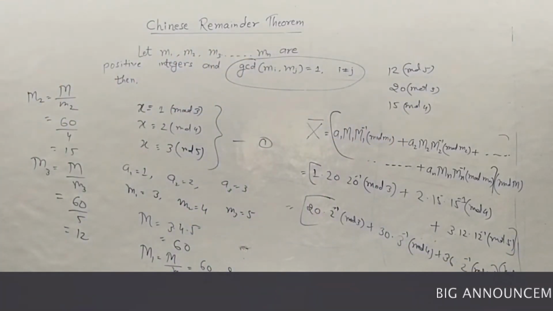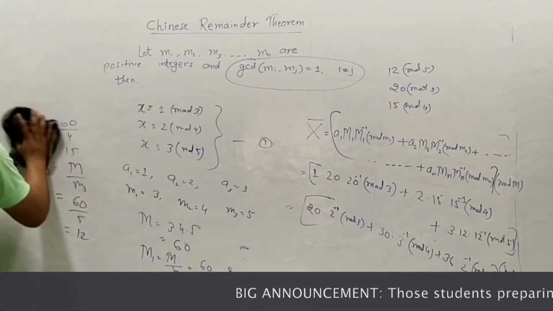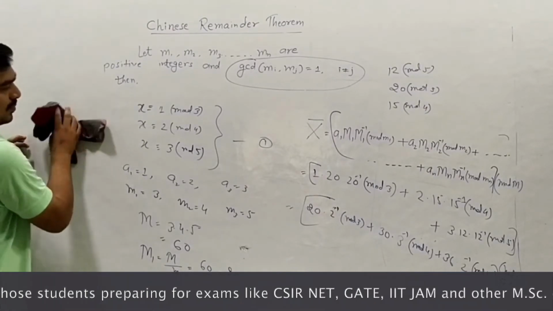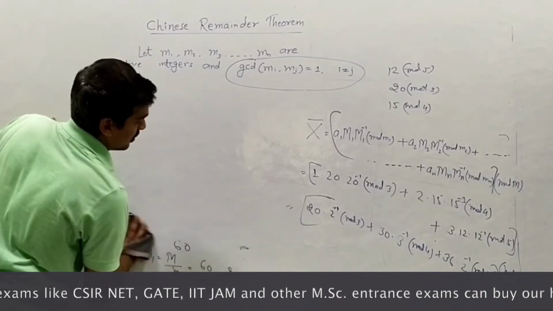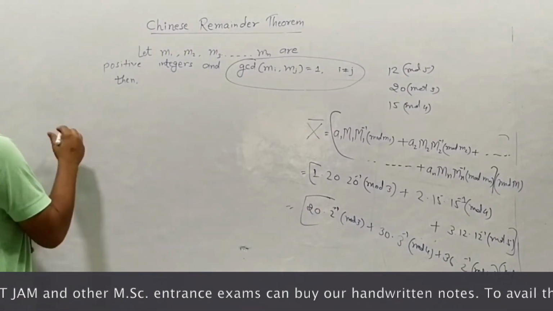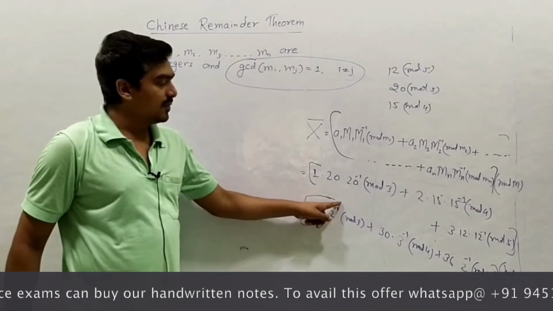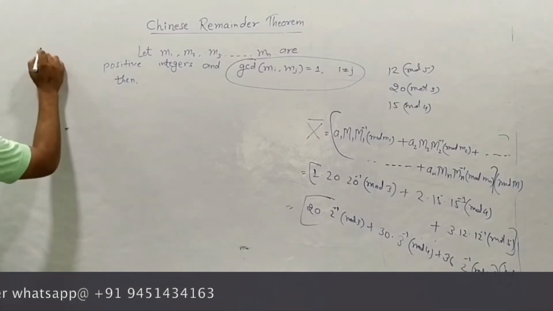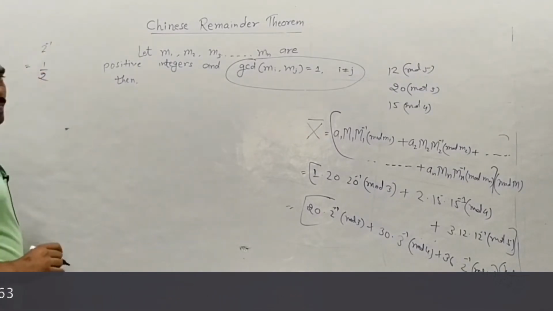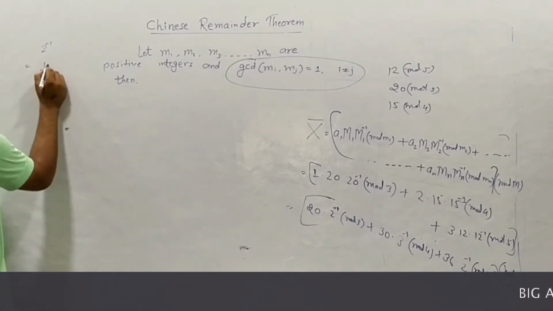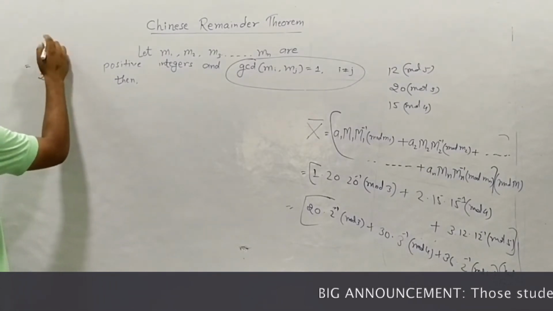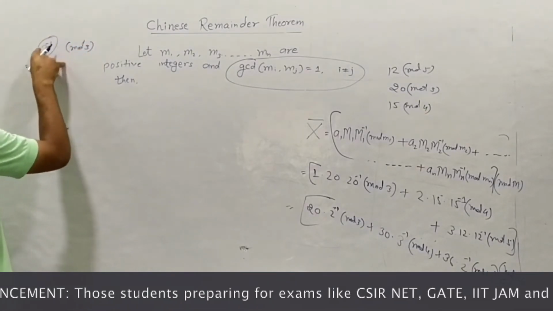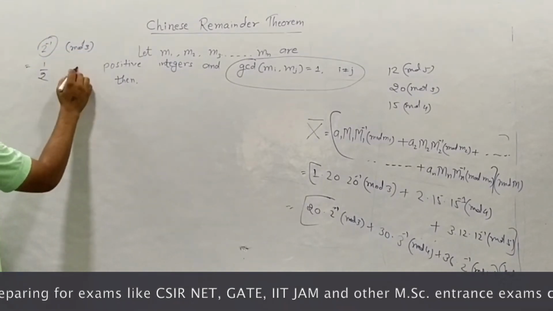Okay friends, so I erase this portion. Now, how can we find 2 inverse in modulo 3? For this, what is 2 inverse? 2 inverse, that is 1 by 2. Now, since we have to calculate this 2 inverse in modulo 3, listen carefully friends, we have to calculate 2 inverse in modulo 3. Therefore